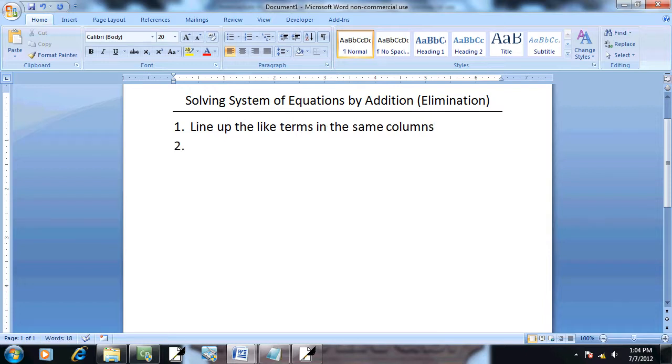And step 2, multiply one or both of the equations